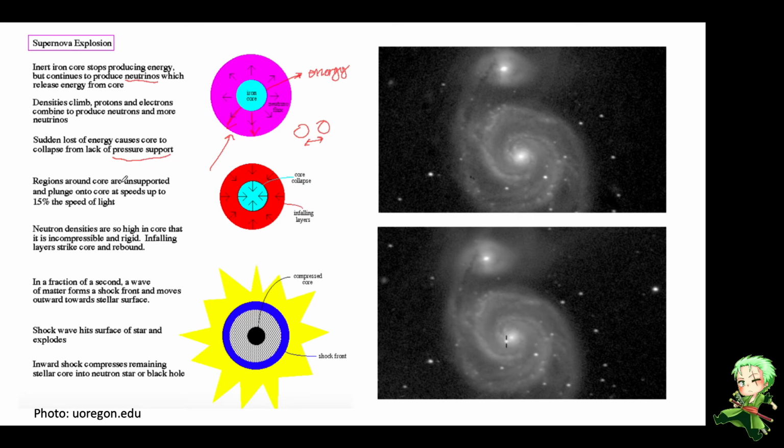So regions around the core are unsupported. So syempre wala naman ning kining arrow. So maoning kaning gagmay na araw maoning action sa gravity. Ang gravity na maghari-hari karon kay wala may counter nila, kay wala na lagi tong core nagahatag og energy. So neutron densities are so high in the core that it is incompressible and rigid. So tungod sa density sa imong neutron sa core, sa imong iron no, grabe siya ka dense class such